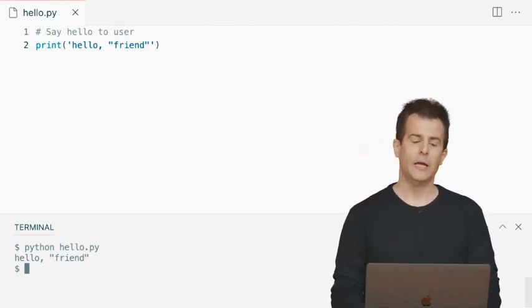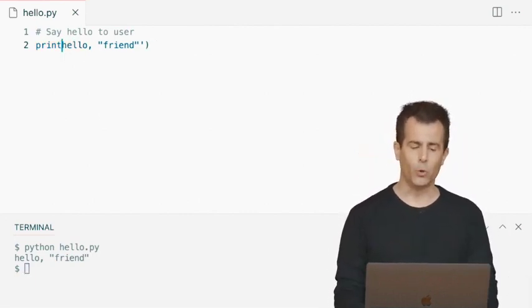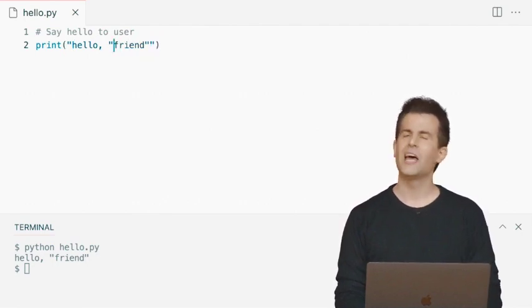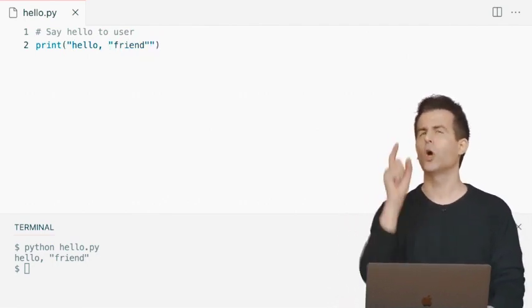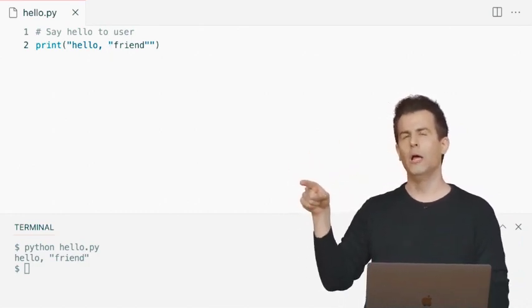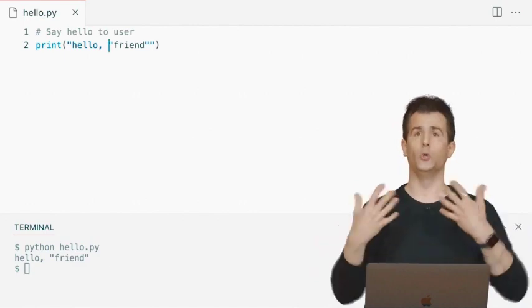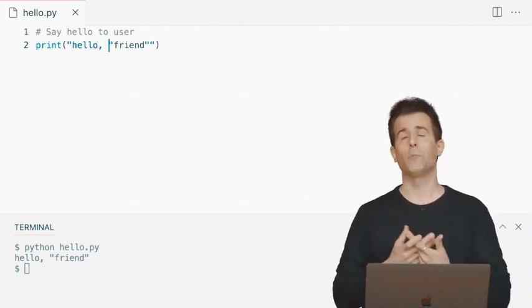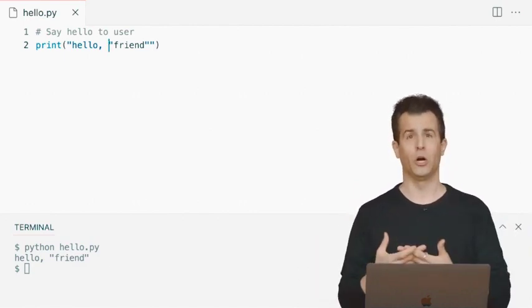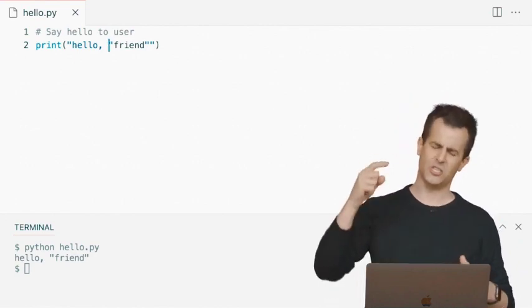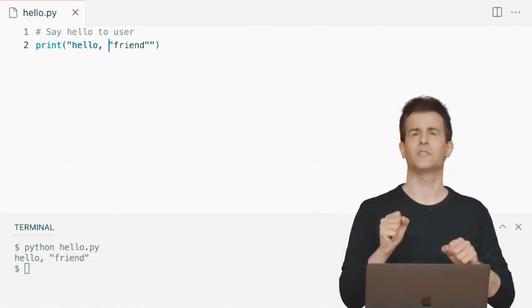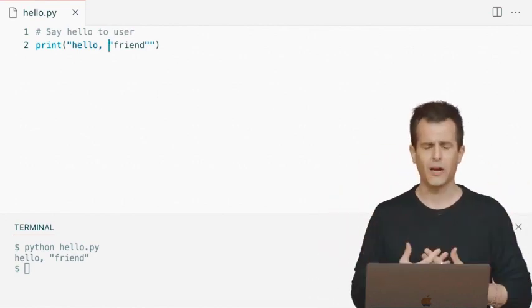But there's another way. If you insist on using double quotes, as you might want to, just to be consistent, you can also use that backslash character again. We saw the backslash n a moment ago, and that meant we don't want a literal n to be in the output. We wanted a new line. So the backslash actually represents what's called an escape character. An escape character is one that you can't just type necessarily once on your keyboard. You need to express it with multiple characters.